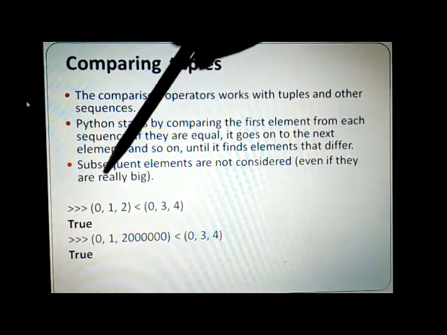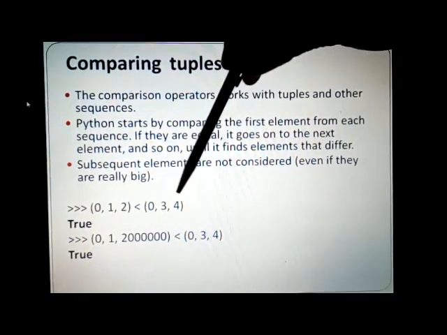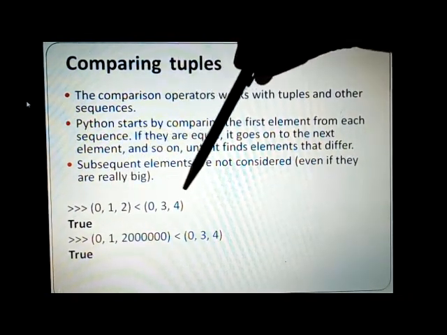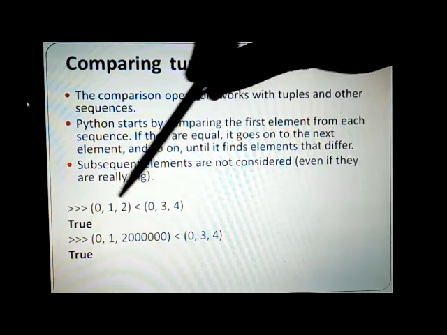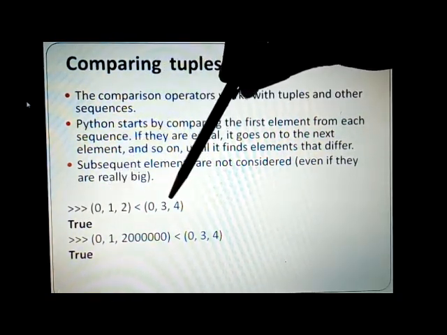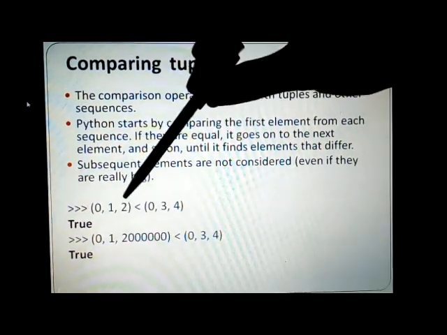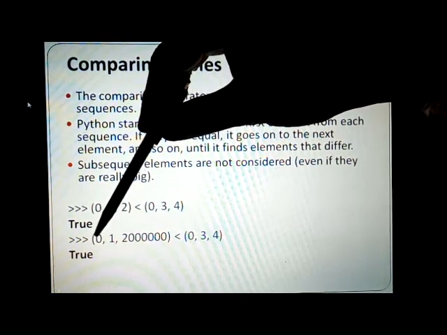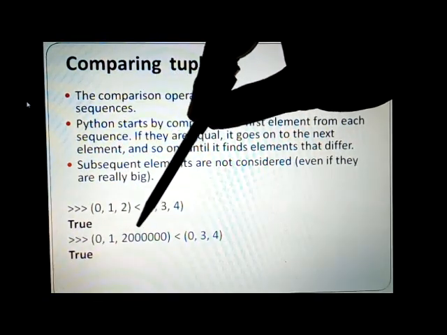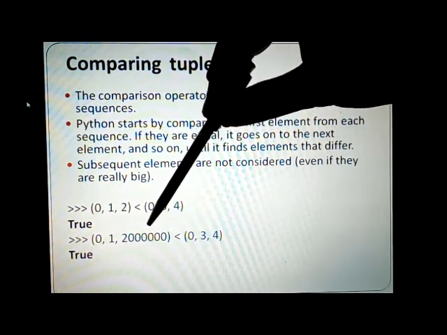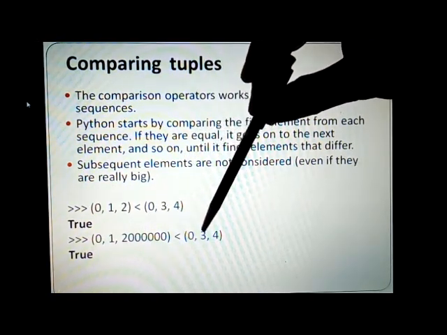The meaning here is, in this case 0, 1, 2 and 0, 3, 4, the first tuple is less than the second tuple. The answer is true, because 0 and 0 are the same, but 1 is less than 3, so it will say true. It will not check whether 2 is less than 4 or not. Similarly, if I have 0, 1, comma, this 2 with a big number, nearly 20 lakhs, what would happen in this case?